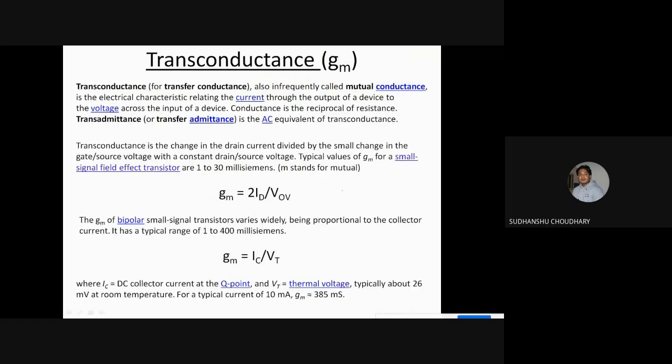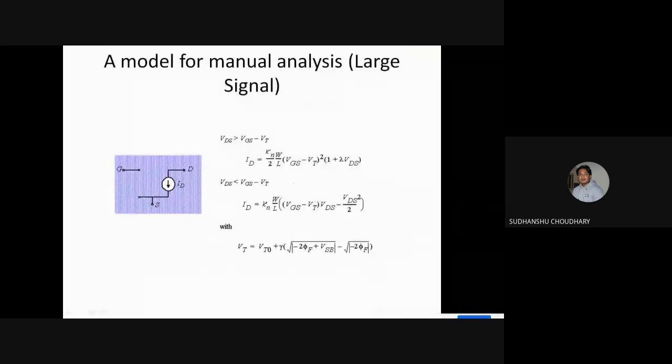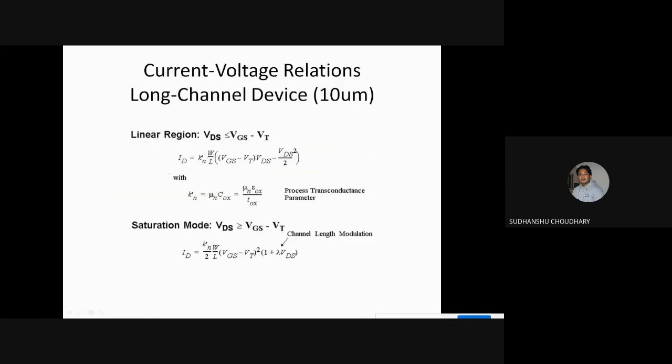Right. So this is the drain current relation in saturation region. Here you have simply replaced VDS by VGS minus VT. Maybe I'll go back and show you where we had studied the drain current in saturation region. So here we have the drain current in saturation, when VDS is greater than VGS minus VT. Or maybe here also, saturation mode.